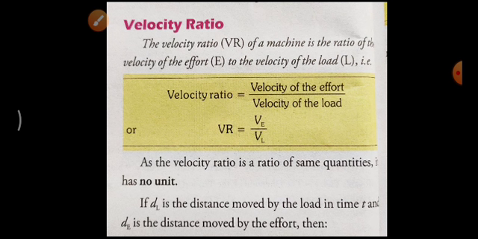Then mechanical advantage and some properties. That means when the mechanical advantage is greater than 1, less than 1 or equal to 1, accordingly how the machines will work, we have already discussed, and that is very important also. We learned that mechanical advantage is nothing but the ratio between the load and effort, that is, load divided by effort is called mechanical advantage.